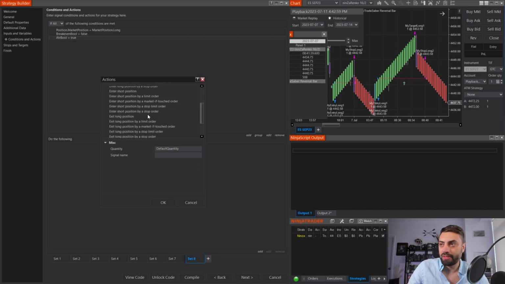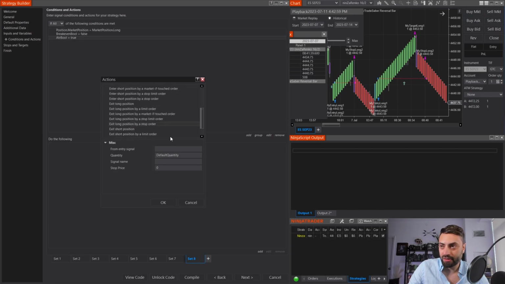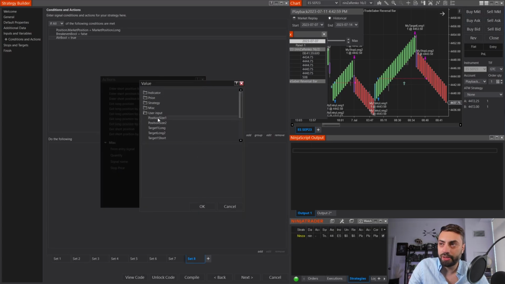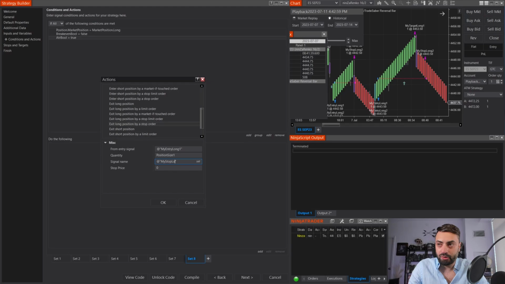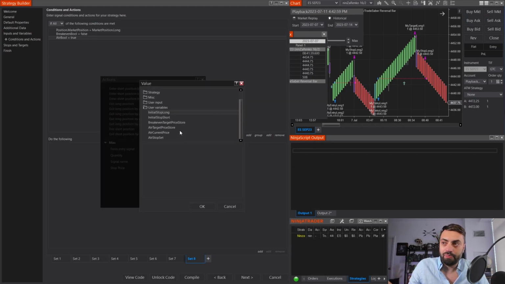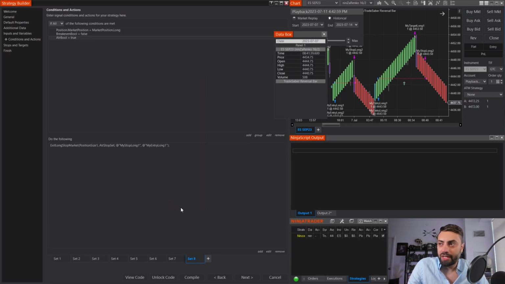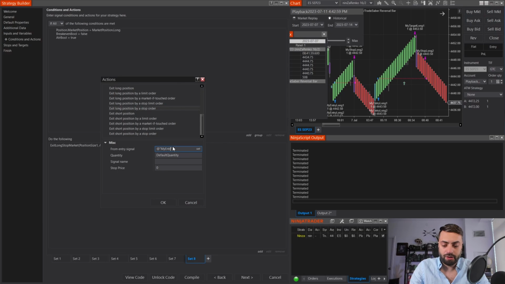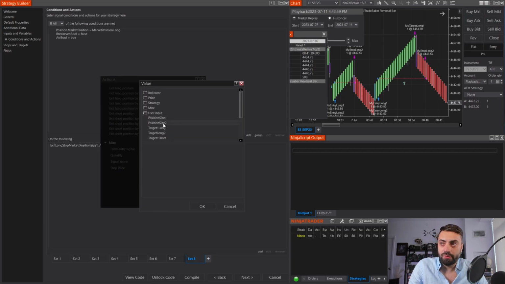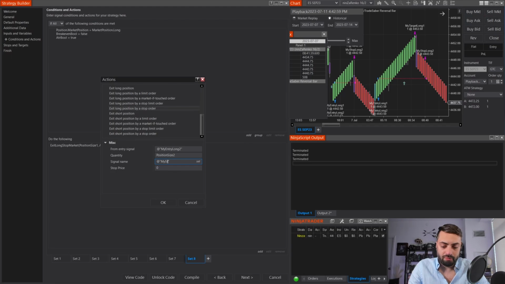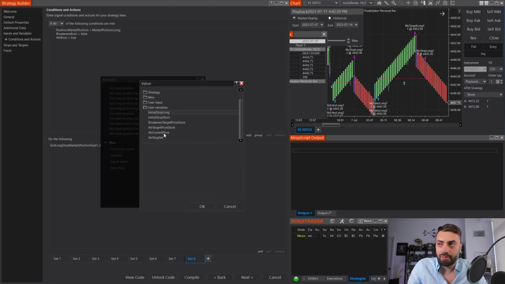So order management, exit long by a stop order, my entry long 1, make sure the capitals are placed properly, quantity, user input, position size, my stop long 1, and our ATR stop is our ATR stop set. So that is this value from set number 7. And now we do that for our second order as well. My entry long 2, user input, position size 2, signal name, my stop long 2, and our stop price, again,